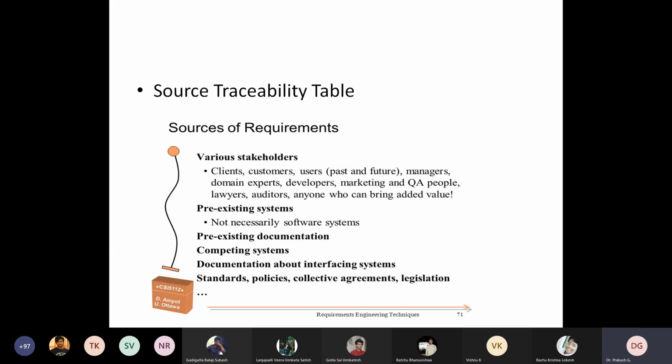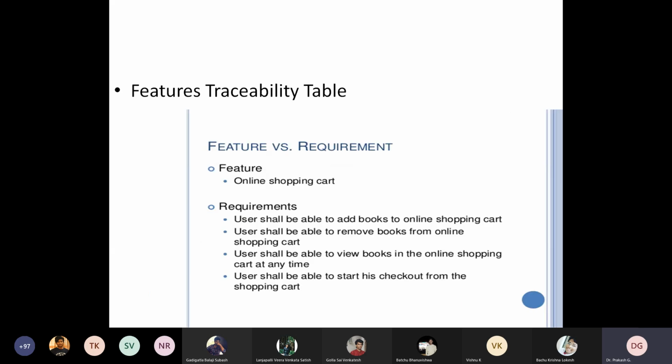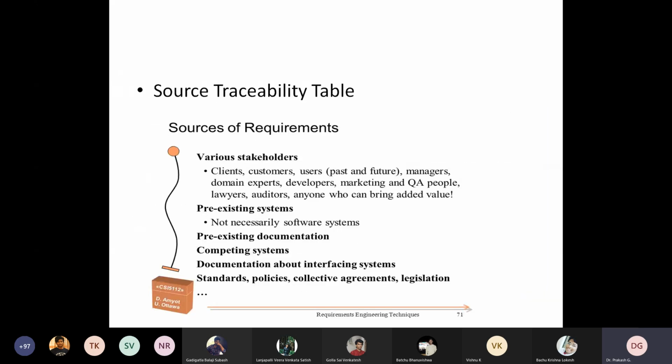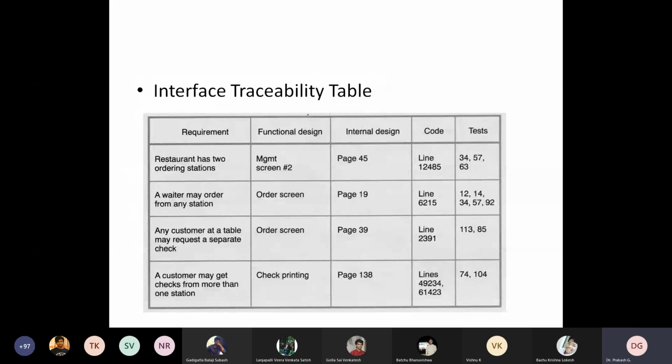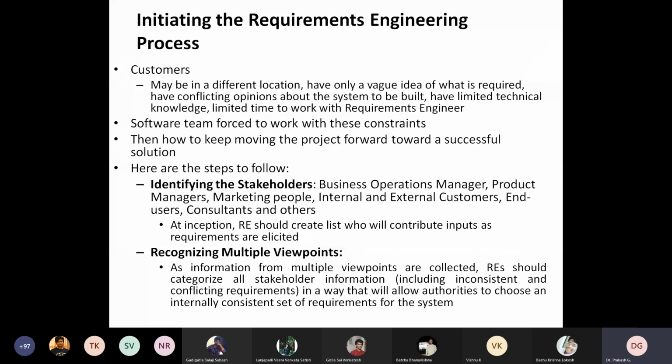Ultimately, there is one table which I have not discussed here. That is the requirement traceability matrix itself. That I am giving as a task to you. Once the project is assigned, I will give you the requirement traceability matrix template, and you have to write down the traceability matrix based on the requirements for your project. Why I have not discussed this is because in that table you have to write down the details of the test cases. But we have not discussed the test case here.